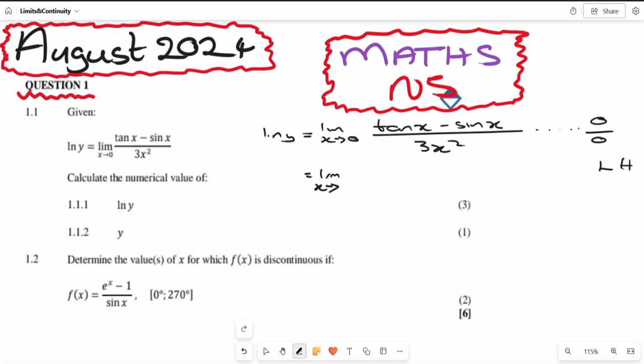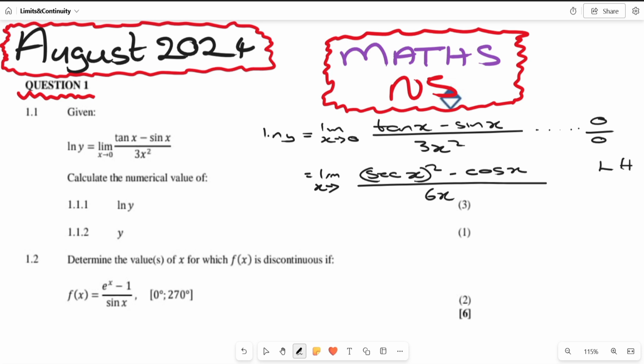So the derivative of tan is going to be sec squared x. But guys, sec squared x is the same as saying sec x and squaring it, right? I write it like this because when you're deriving, we might have to derive a second time, so you drop the 2 there. So let me write it this way: minus the derivative of sine. The derivative of sine is cos, so say minus cos x. We will divide this by the derivative, which would be 6x, right? And if we substitute 0,